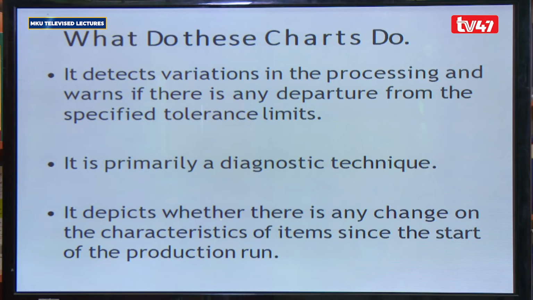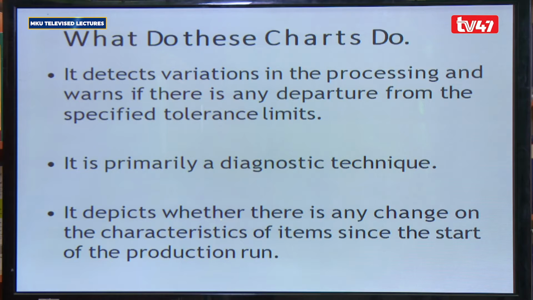So what do these charts do? When we talk of charts pertaining to a certain variable of a product, or charts pertaining to certain attributes of a given product, we can say, like the pie charts and the bar charts and many other forms of charts that we have,